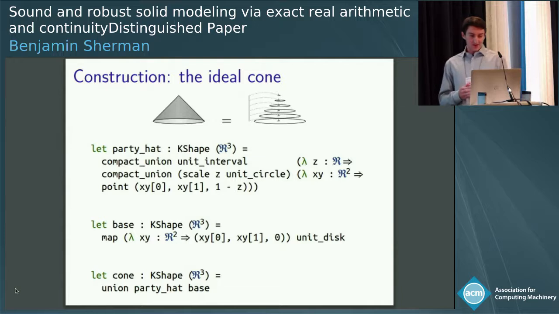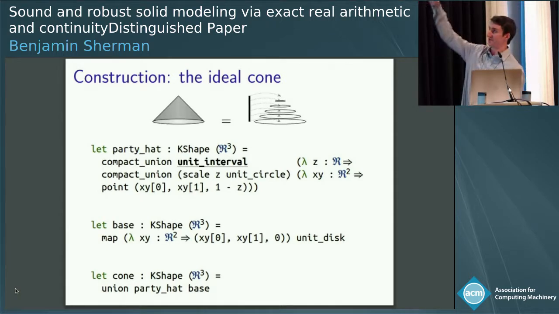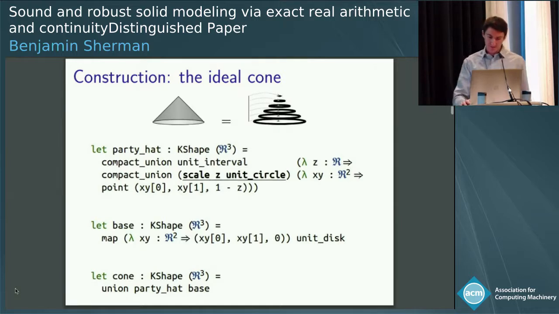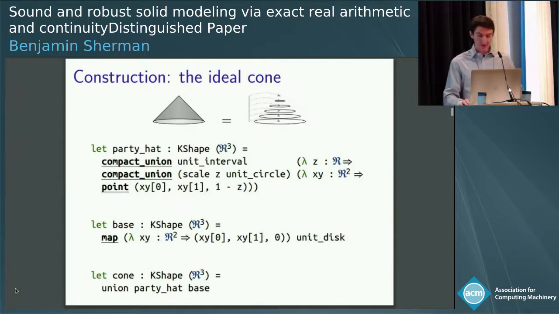Okay, so let's do a construction here. The first part of our solid modeling task, we'll just construct this cone. We're just constructing the surface of a cone, so it'll have two pieces. It'll have the party hat top and a disk base. To program the party hat top, we start with this unit interval to parameterize the height along the cone. And then for each point in the unit interval, we're just going to build a circle of varying size depending on where we are. And we'll use compact union to take the union of all those circles,